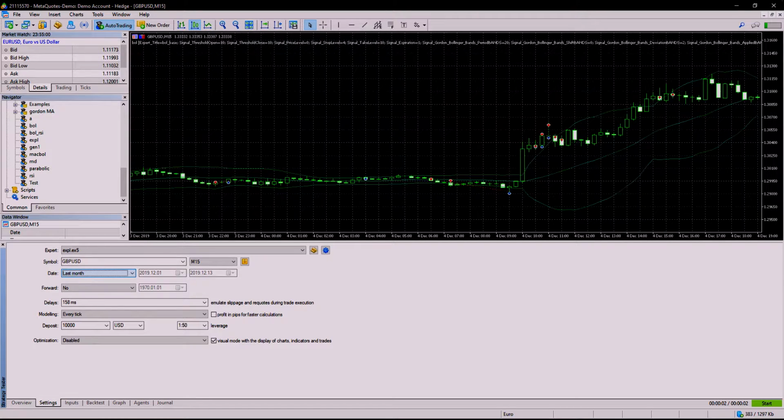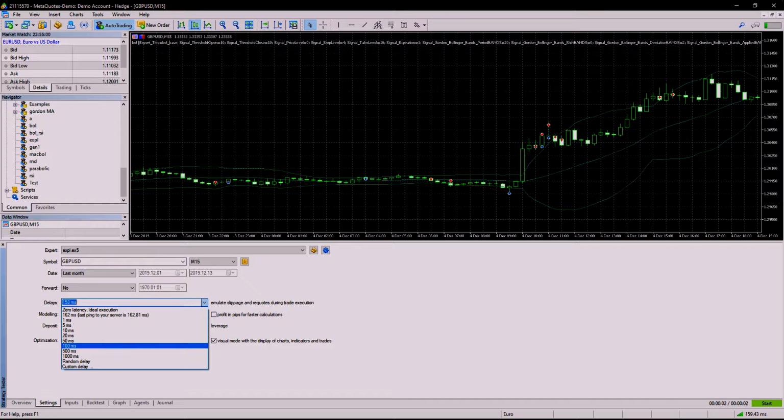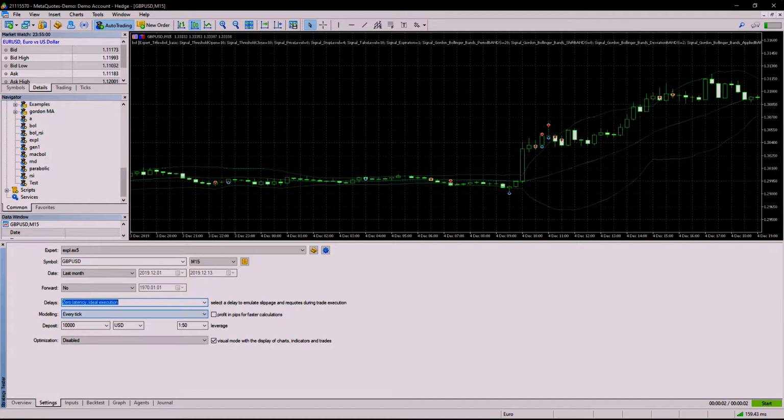Maybe we have a specific date we want to test it on, so we can set it there. For the type of testing, we can have delays to simulate real world trading environments. I'm going to set it to zero latency. Here you can have your leverage and your initial deposit. You can change the value to US dollars or a different currency. The visual mode allows us to